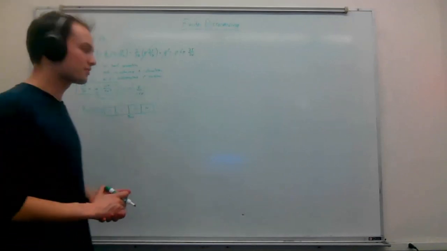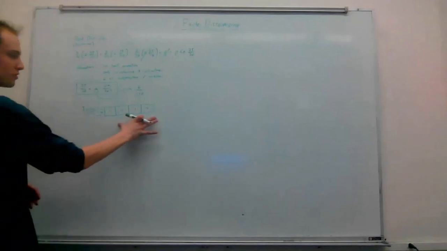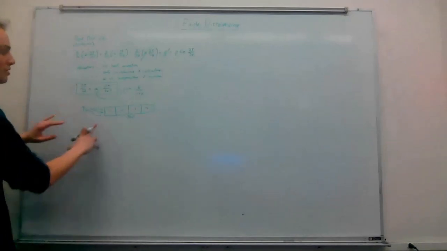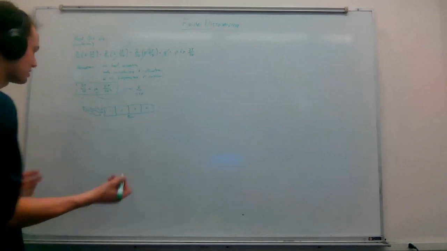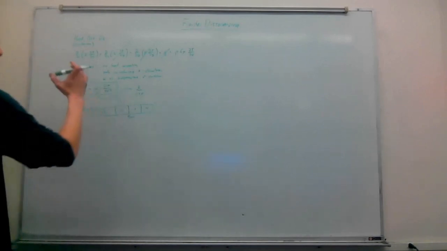But again, for the sake of simplicity, we'll just assume that our bar is only 4 chunks long. We're only dealing with heat coming in from one side. Very, very simple situation. So the way that we're going to approach this